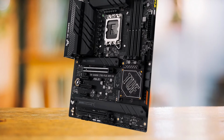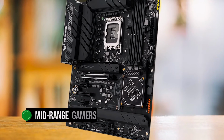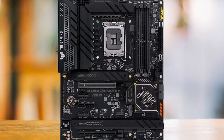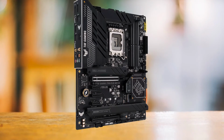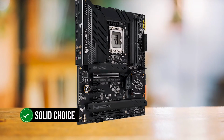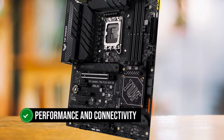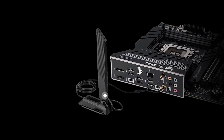In conclusion, the ASUS TUF Gaming Z790 Plus Wi-Fi D4 is an excellent choice for mid-range gamers that strikes a balance between performance, connectivity, aesthetics, and price. A few improvements like Wi-Fi 6E and DDR5 support and more RGB can make it even better, but it remains a solid choice for mid-range PC builds. This motherboard is ideal for gamers who prioritize performance and connectivity over aesthetics. However, it might not be the best choice for those who want a motherboard with extensive RGB lighting or the